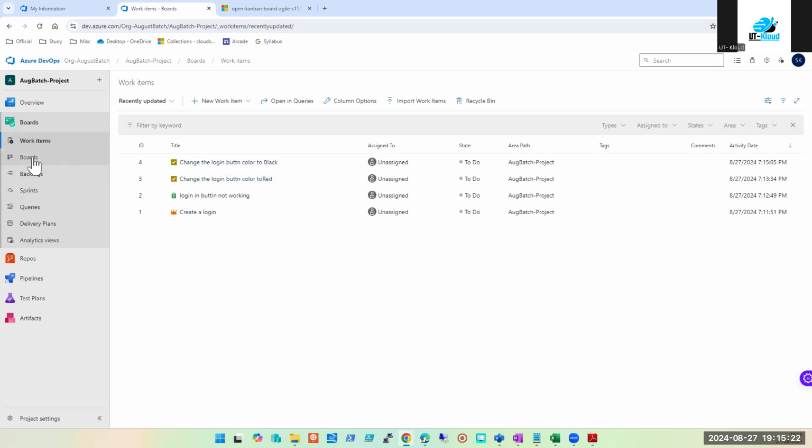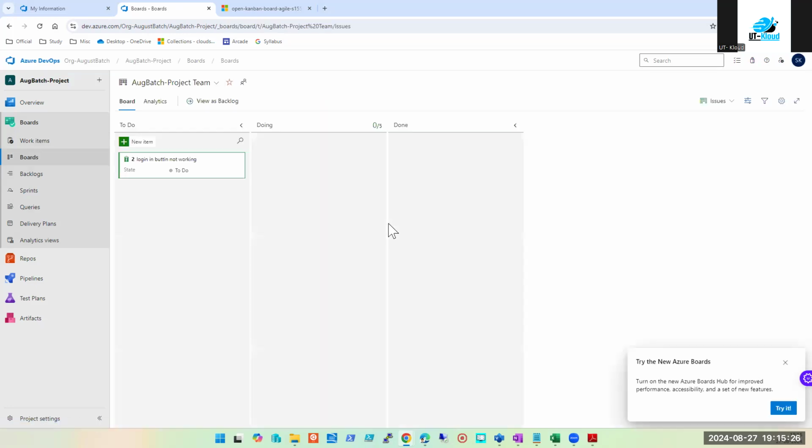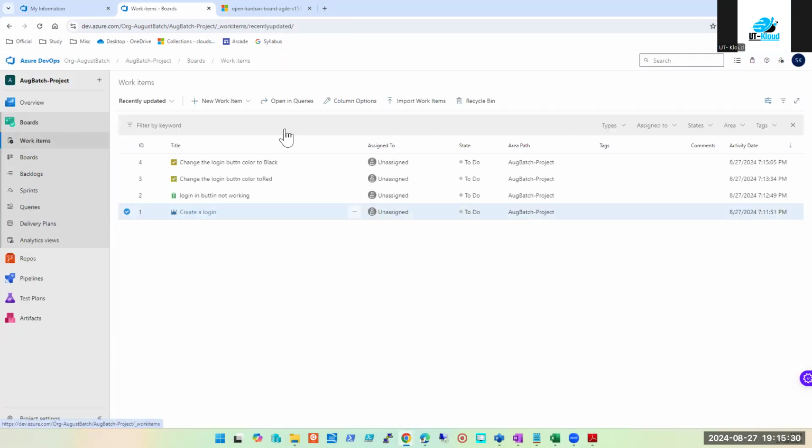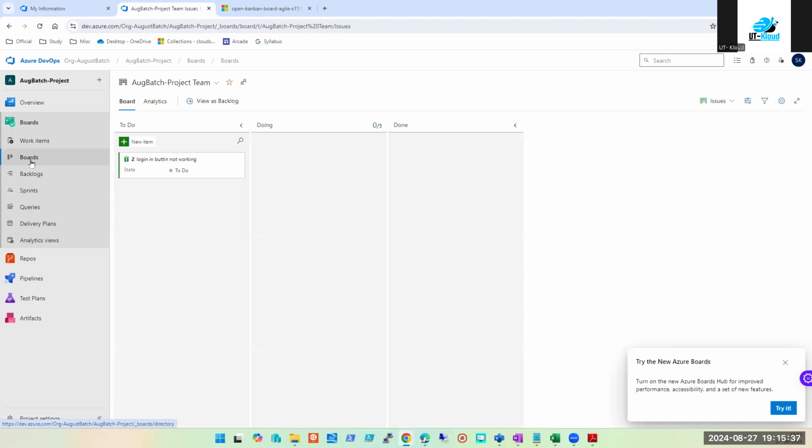But now, wherever you see, all of these are unassigned. This is the Kanban board, by the way. When I'm here, I'm just looking at the lines, etc. If I want to see it in a proper manner, this is the board. This is called the Kanban board. And here what I see. Why am I able to see only